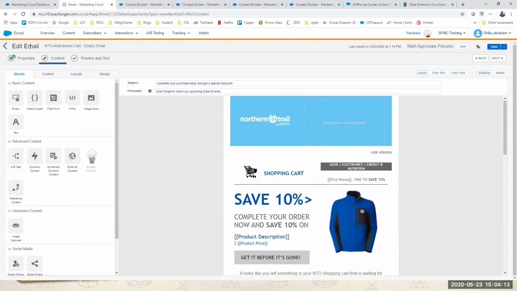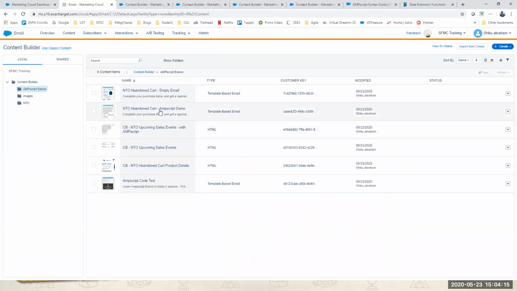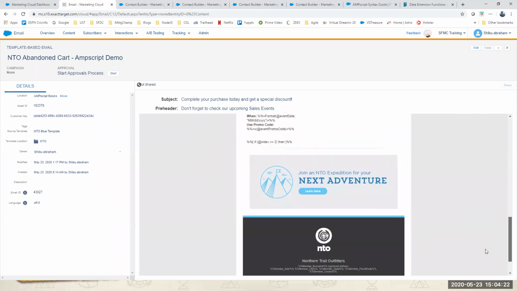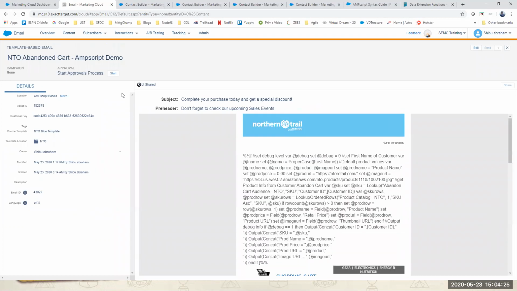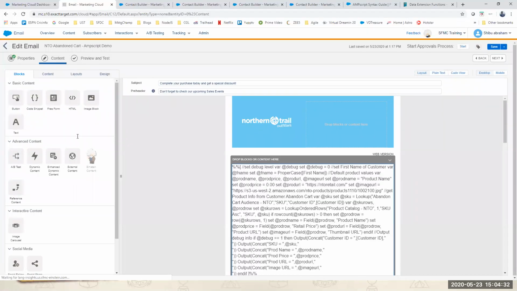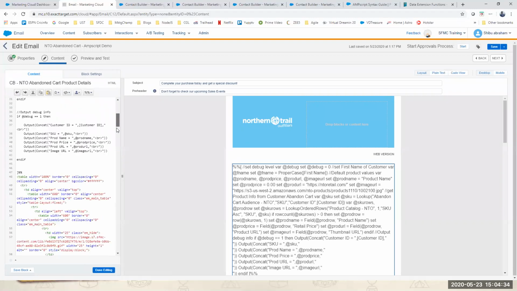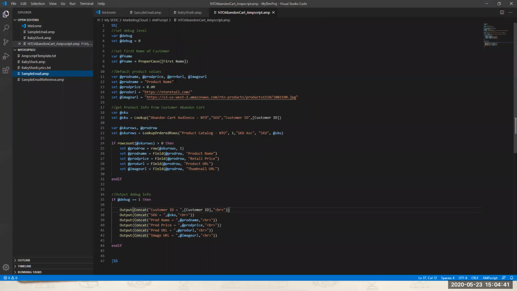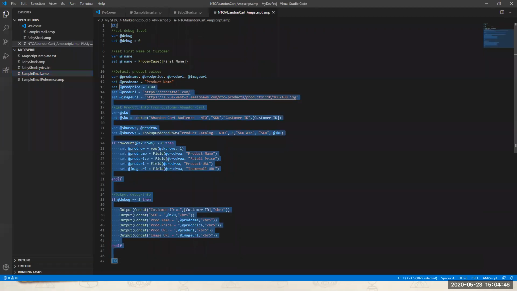Now I will show you something where we have already done it. This one, we have the same template. Once we've written the code, it will look like this. Okay? So you'll see a lot of stuff down here. If I click on edit, and click here, it will show you all the code. At the top you'll see all the AMP script code. Now to see it better, I'll show it over here. So this is what that code looks like. The AMP script code, the top part that you saw here, it's all here.